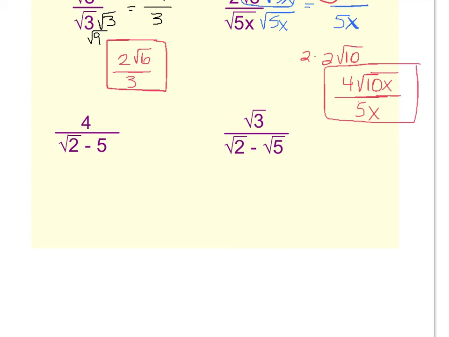And then remember, whatever you multiply on the bottom, you're going to multiply the top by the same thing. Square root of 2 plus 5. And then whatever these are,